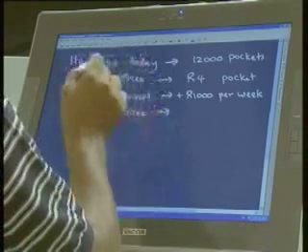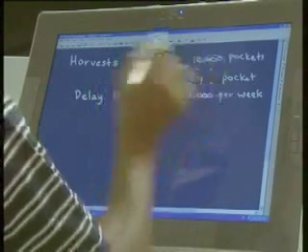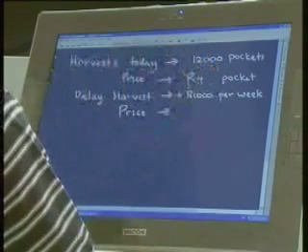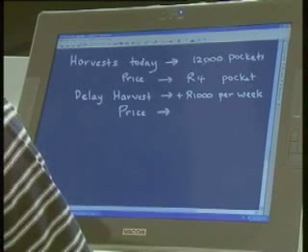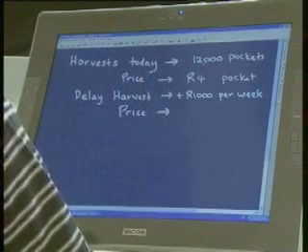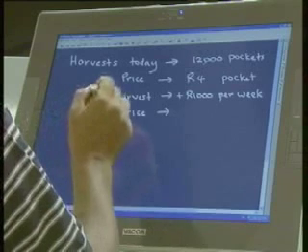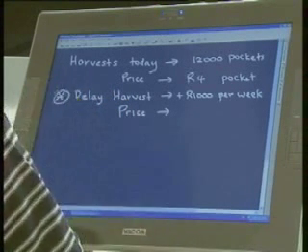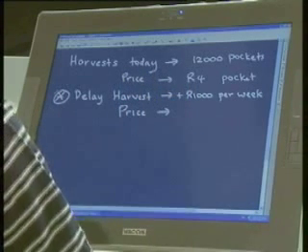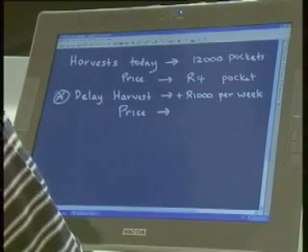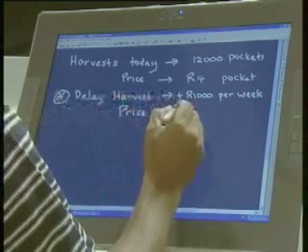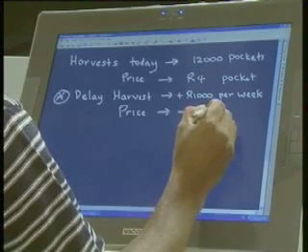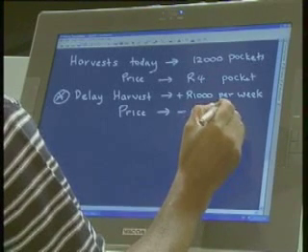I've not written the entire problem down, but that's the important information. It says if a farmer harvests his crop today, he will get 12,000 pockets. The crop being potatoes, obviously. And if he goes to the market, he will fetch a price of 4 rands per pocket. But if he delays his harvest, and this is the important thing now, he has a dilemma. If he delays his harvest, he'll increase the number of potatoes he's able to harvest by 1,000 per week. But unfortunately, when he does this, his price goes down by 20 cents, which is 0.2 of a rand.